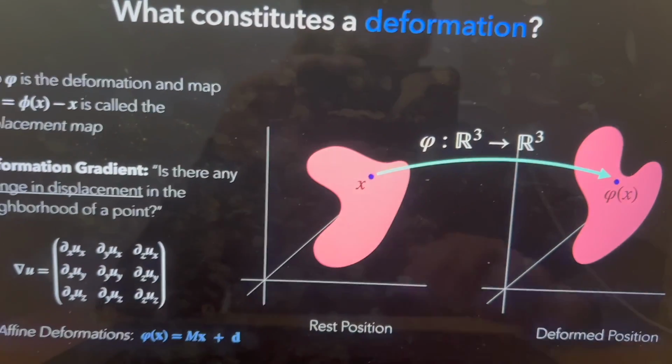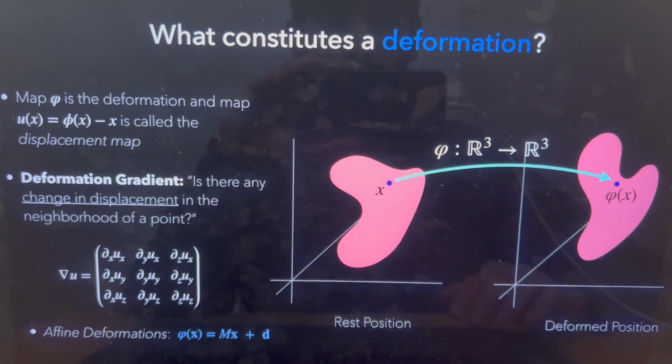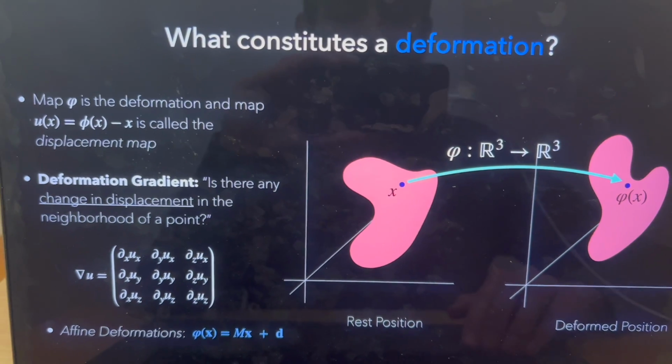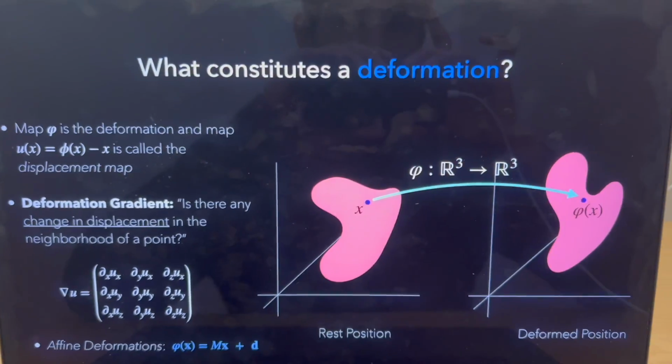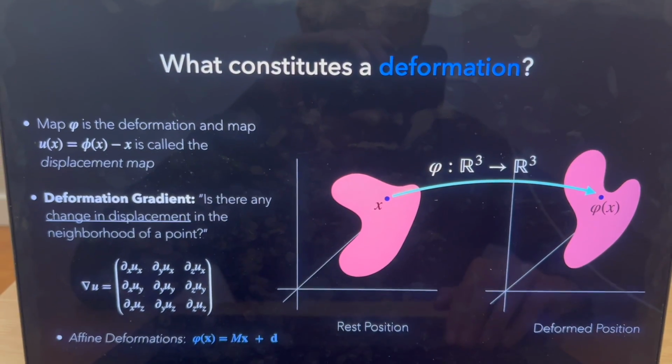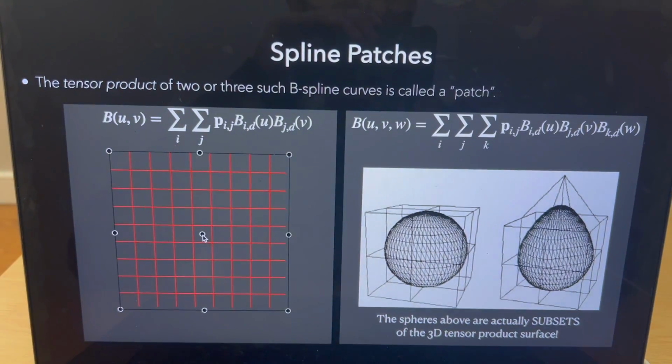So basically, this is just some math formalism for making precise what we exactly mean by deformation, so that later on we can be precise and come up with a mathematical theory for it. But basically, skipping through some of this stuff,